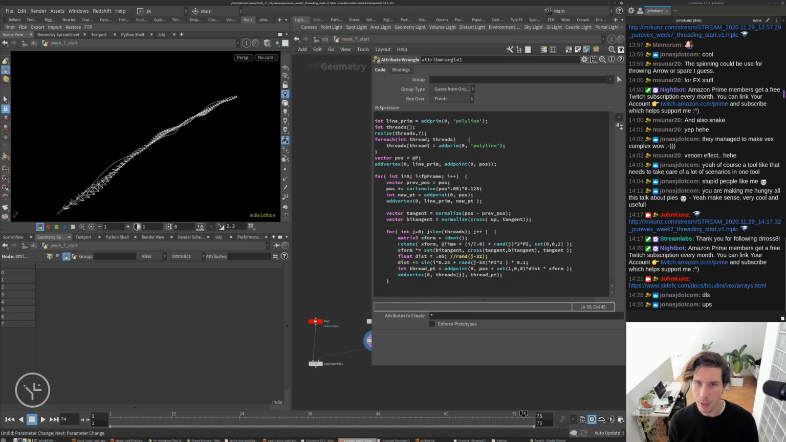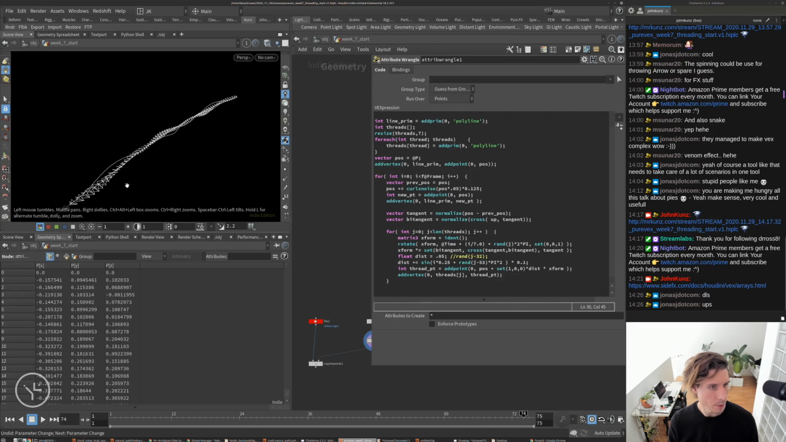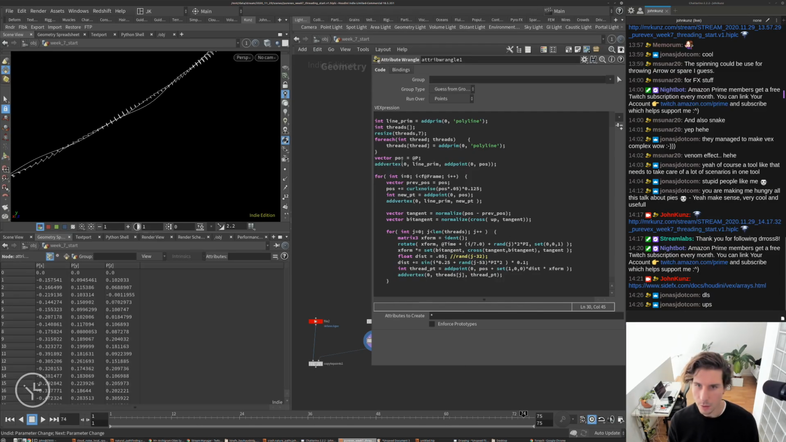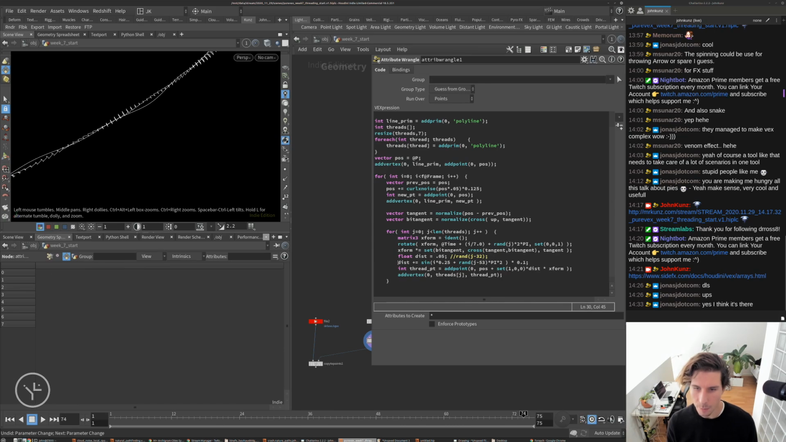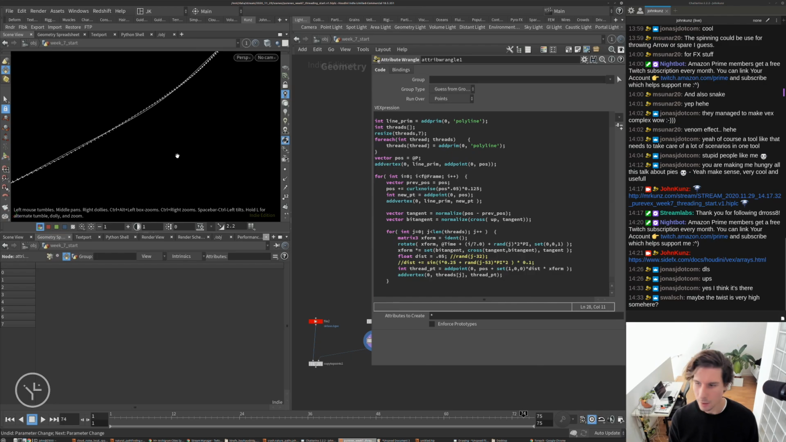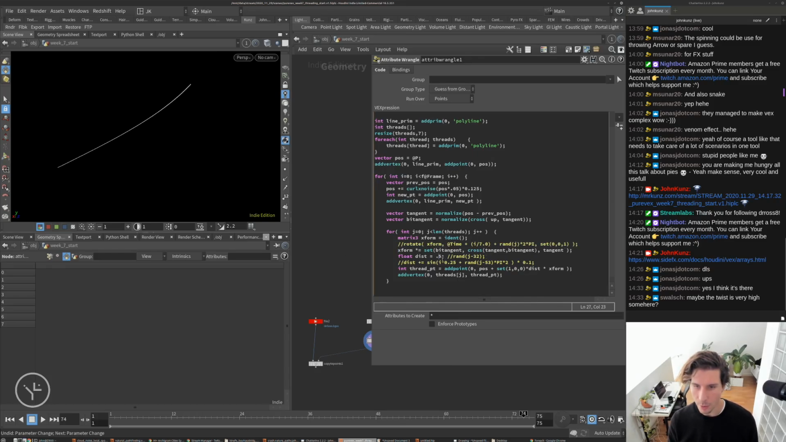Could be something up here that I did wrong when I added the primitives. Let me, it might be there. Let me get rid of some of this stuff. I think the twist, yeah, I think I might have broken it with the twisting stuff. So we'll go, let's get rid of